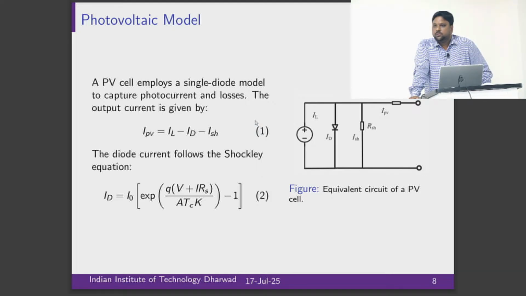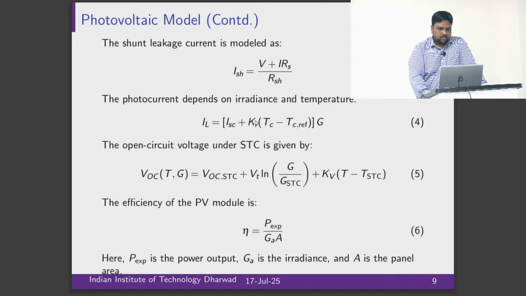Okay. All of you know Kirchhoff's current law, right? So, equation 1 satisfies Kirchhoff's current law, right? So, your output current IPV becomes IL minus ID minus ISH. Okay. And that ID expression is given here. So, that is the output current IPV that you get. Now, if you want to know the shunt leakage current, you can model it as V plus IRS